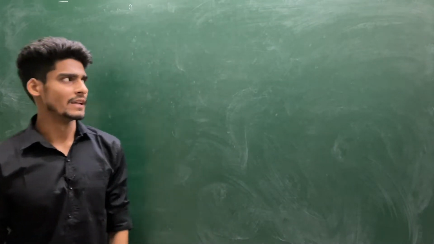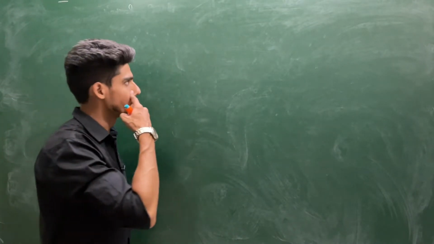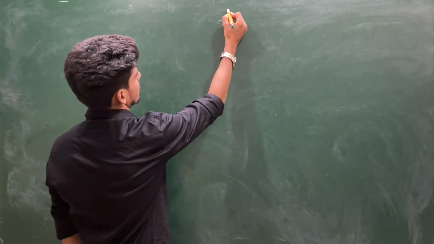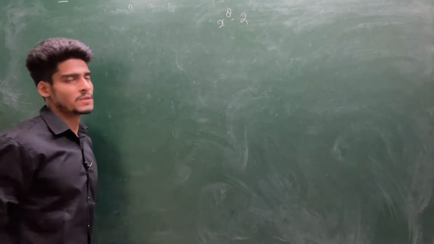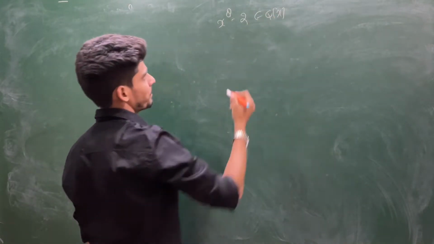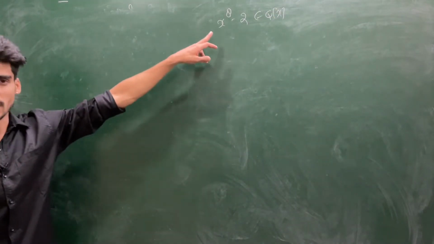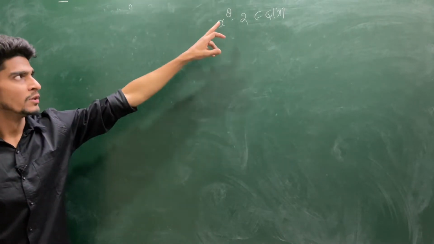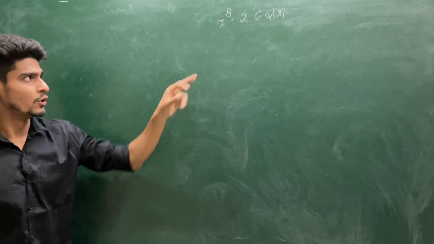In the last lecture, I gave you one homework. I asked you to solve for the splitting field of this polynomial which is defined over the rational field. And I gave you the splitting field, and then again I asked you to give me the Galois group of that splitting field over Q.